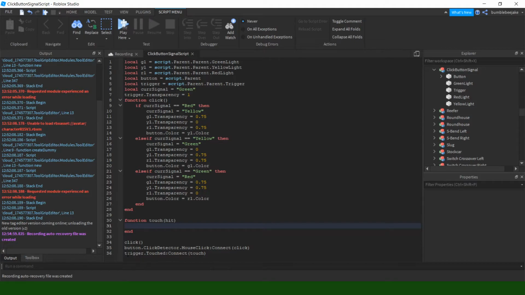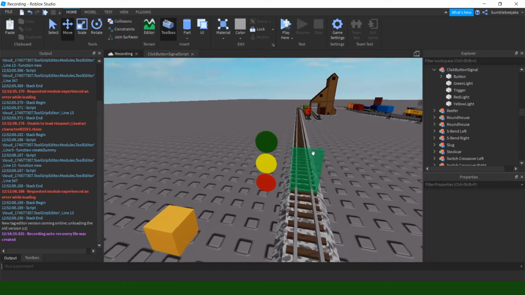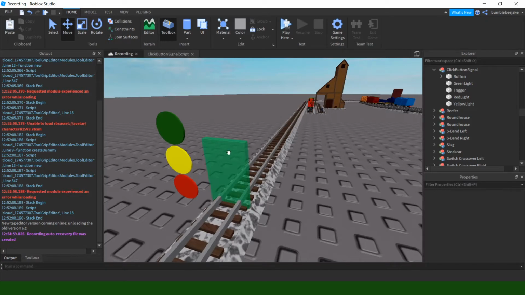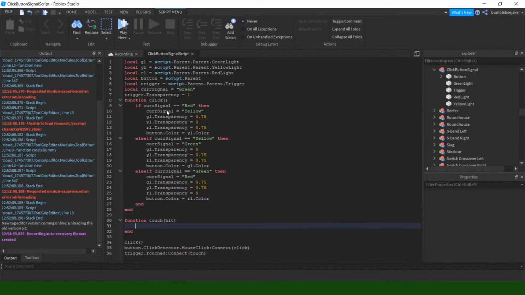But basically what happens is when this calls the function touch, it will make whatever the first word is here the object that hit it, that is touching the part. So basically, let's say you walk on this trigger and only your left leg on your avatar touches it, then it will send through here, hit would be equal to your left leg part. So what we're going to do, we're going to see if hit.name is equal to, actually no, what we'll do,